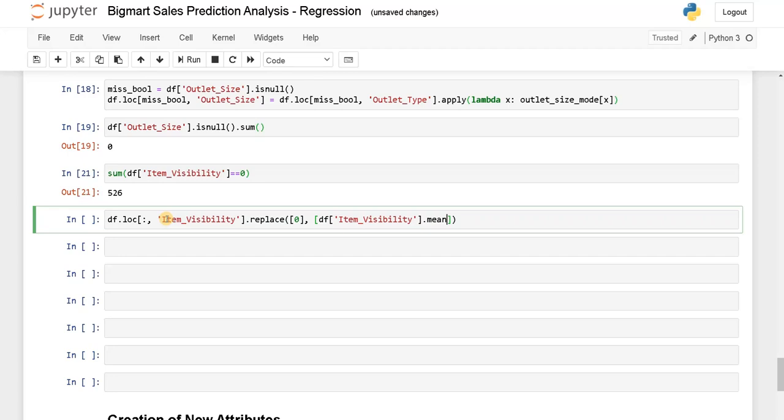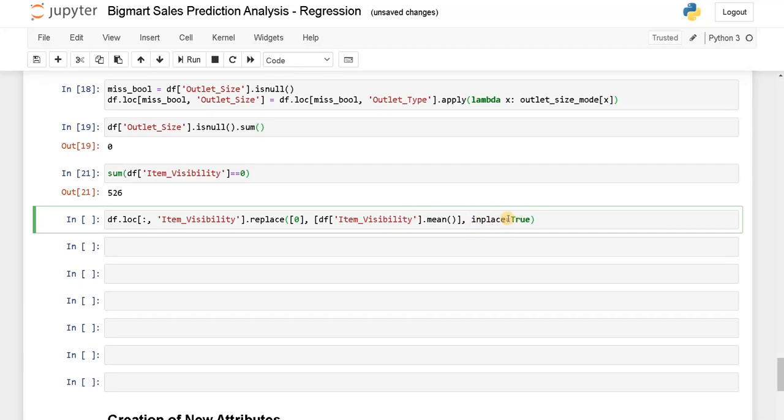Pandas also have a mean function. You can use that, or you can use numpy mean function. Both are same. So it will fill the 0 values with the mean value, and we need to fill it in place. inplace equals true. Inplace means it will keep the changes.